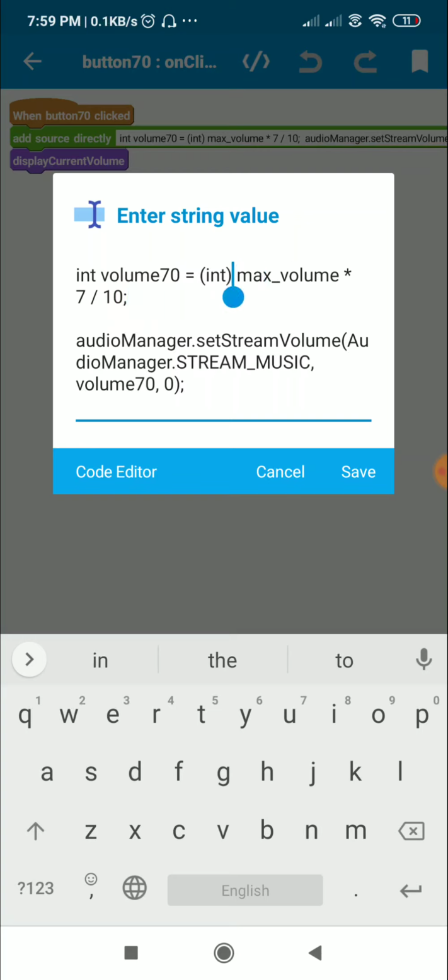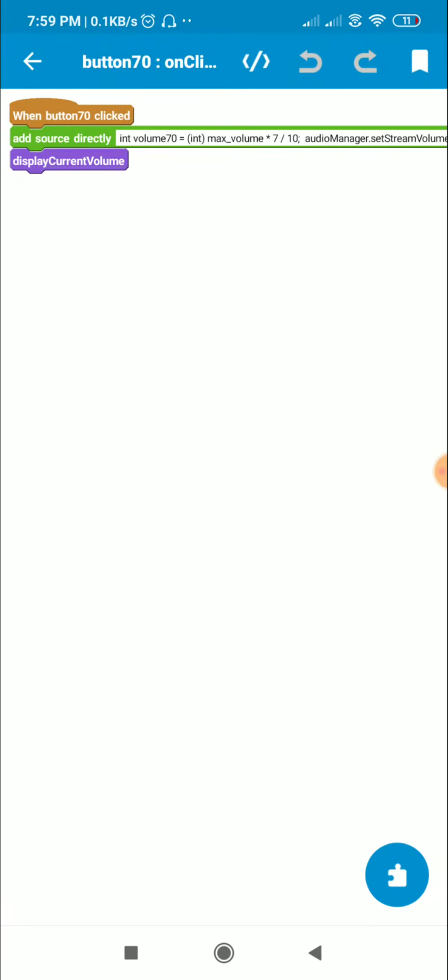Then I convert it to int by writing int before this, and that will be the int variable volume70. Then I set the volume by writing audio manager dot set stream volume, audio manager dot stream_music comma volume70 comma 0. So this will set the volume to 70%, and after this I display the current volume.